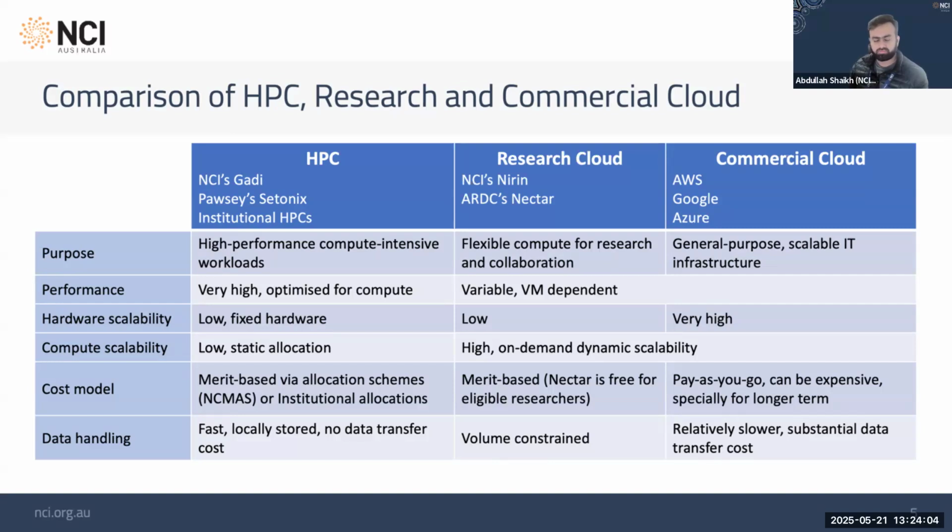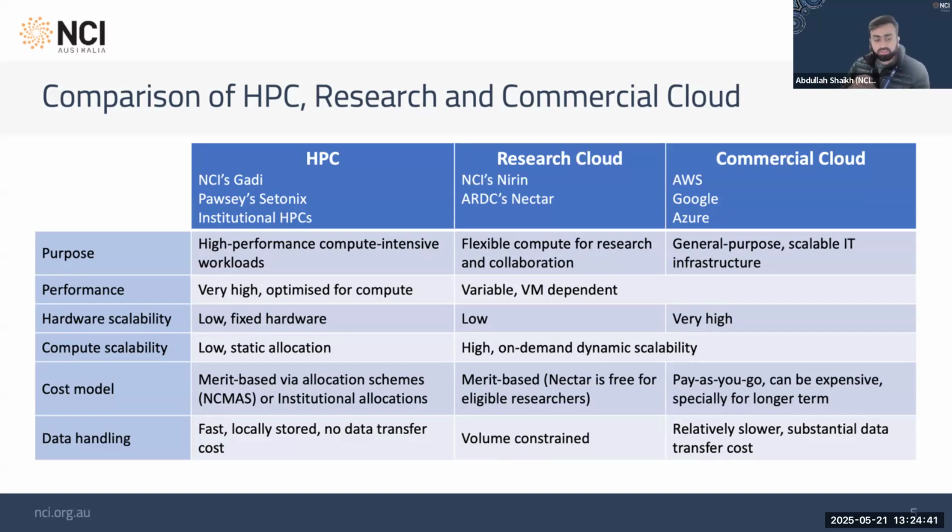But commercial cloud has really high hardware scalability because companies prefer and give priority to it because of commercialization. In terms of compute scalability, it is relatively static in HPC systems, but dynamic and relatively higher in the cloud environment.